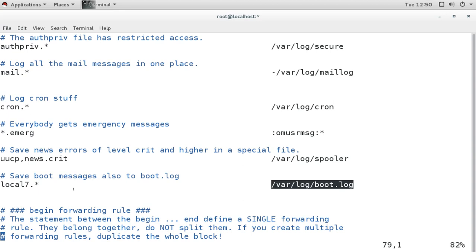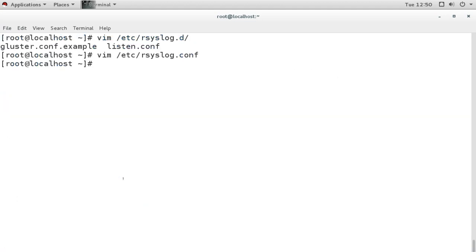We can make it into this file, or we can make a new custom file in the rsyslog.d directory. So either we change the entry in this main configuration file, or we create a new custom file in this directory so that it is not overwritten by updates of the program.